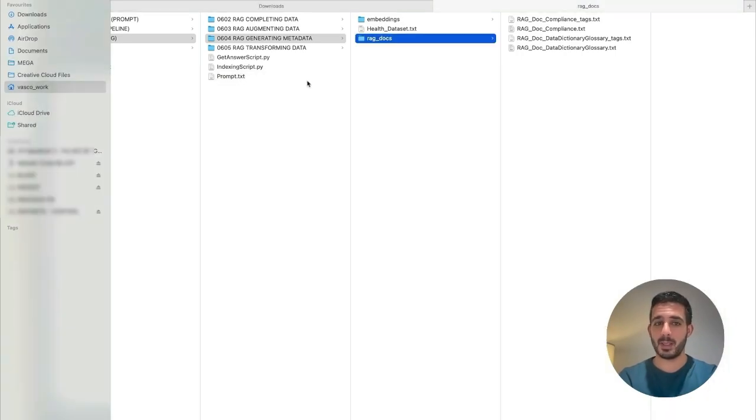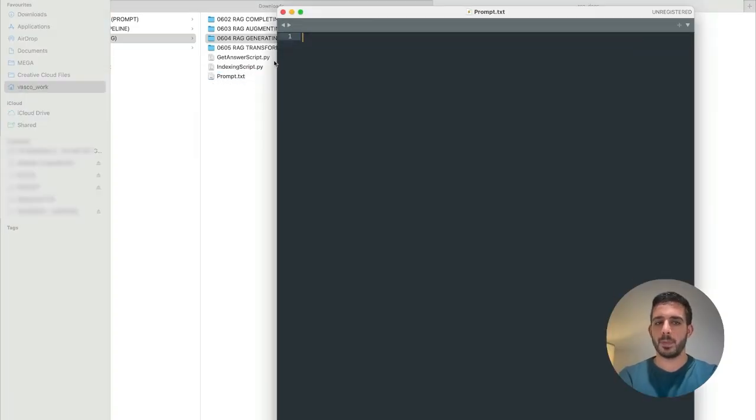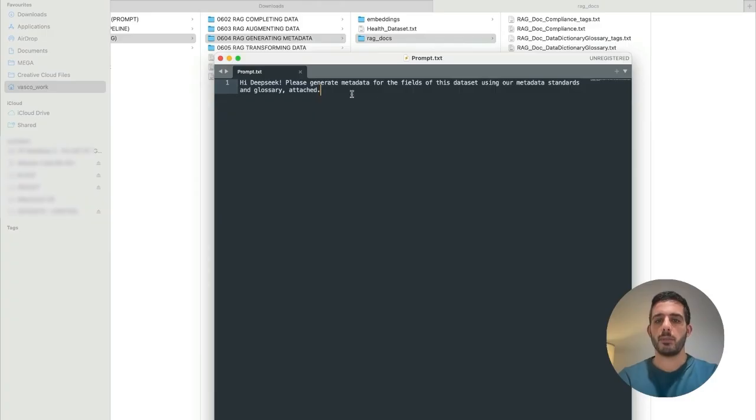Because otherwise, debugging this and making it work for all use cases could be very time consuming. So please generate metadata for the fields. I'm going to ask for some metadata that has to do with compliance, for example: please suggest data retention guidelines for the various data fields and possible regulatory frameworks that apply to them. And I'm going to say something like,